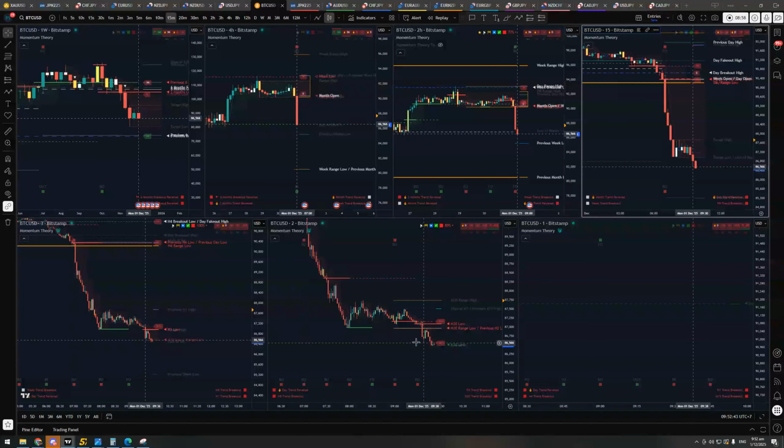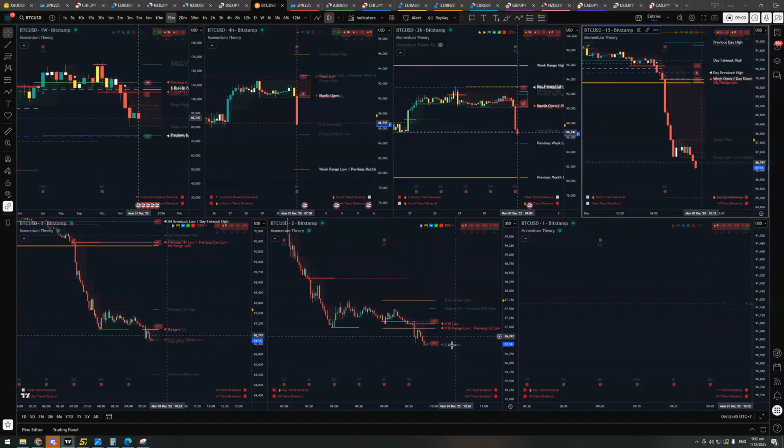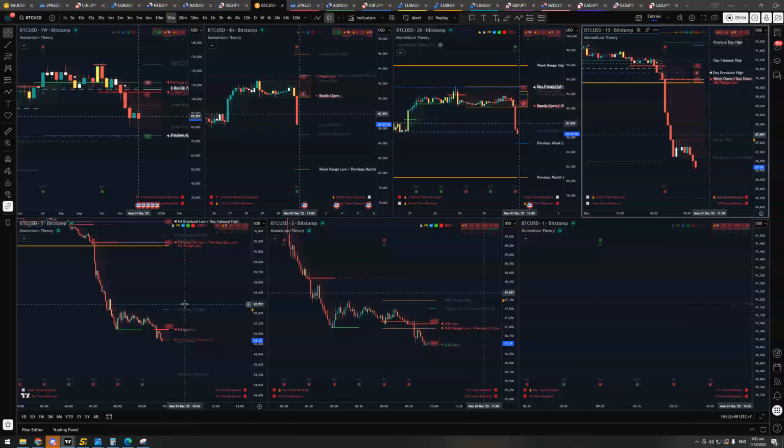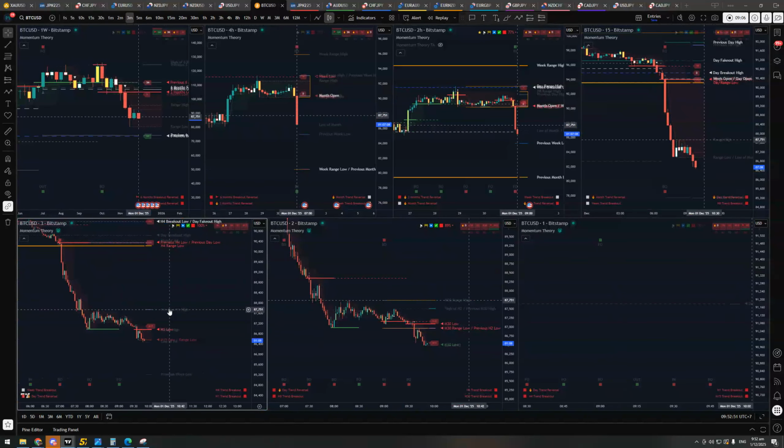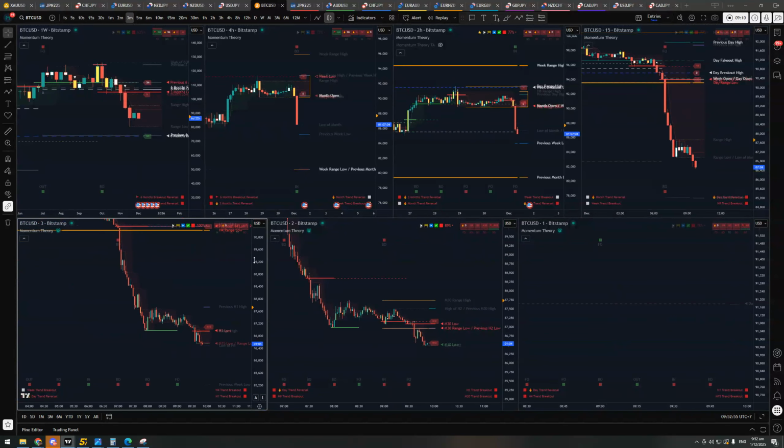Then I went to the H2, it's just continuing to break out. Needed to see a pullback, but now it's getting too close to the H4, so now I'm looking at the H4. So I already set my alerts here. I want to see price fake out the H1 high, and if it does that, then I'll look for an